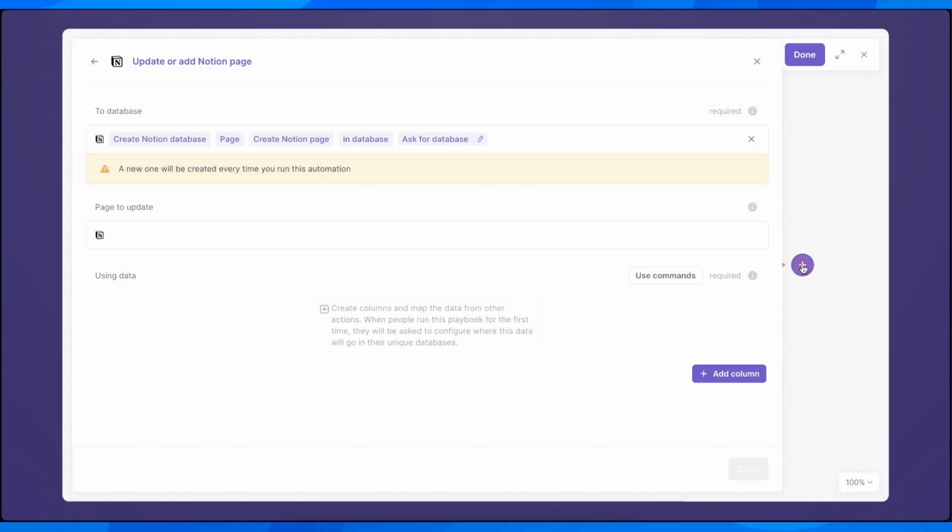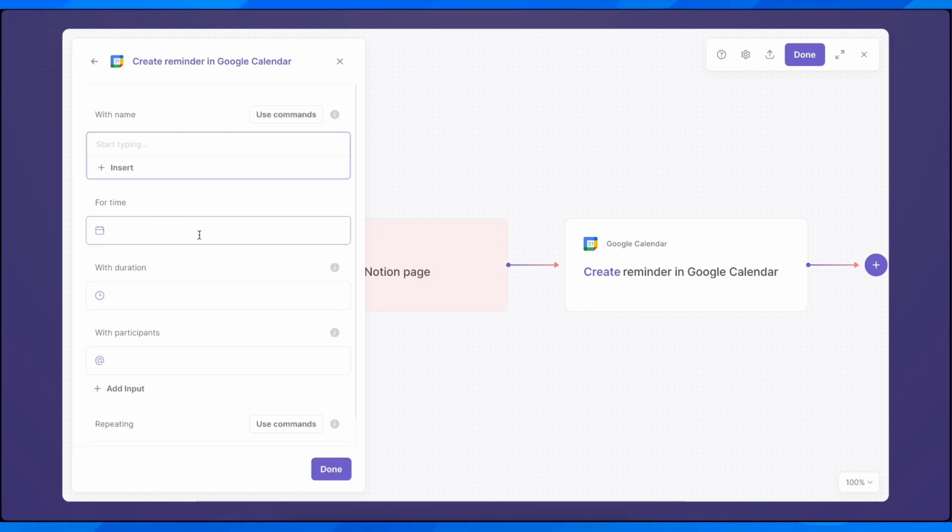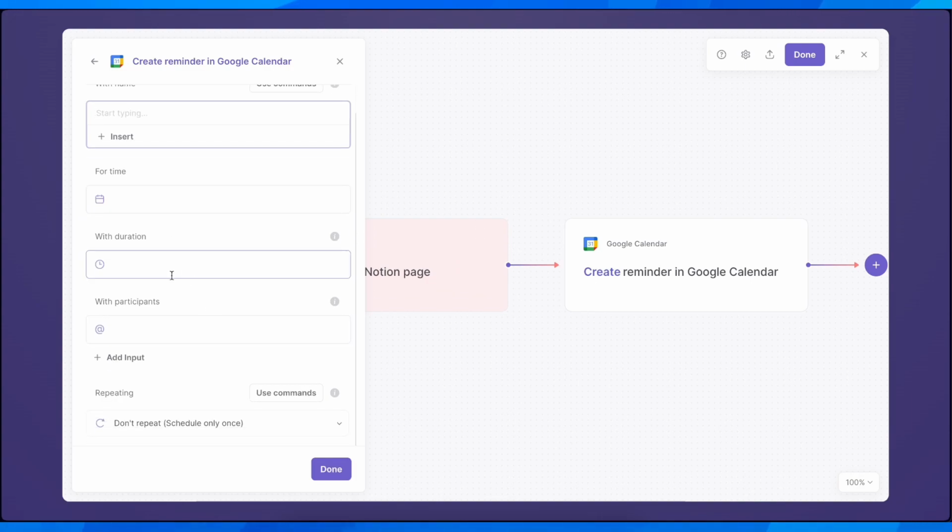Basically, you have to click on this plus button and click on new action, and then here you have to simply search for Google Calendar. And as you can see, create a reminder in Google Calendar. So depending on what you want to do with Notion and what you want to connect from Notion to Google Calendar, you're gonna have here different options. So you'll have to select it, and then here you'll have to simply complete with your information, and that's